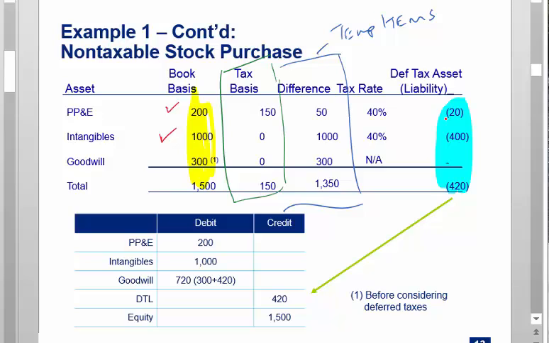Because if you sold all these assets for cash, there's going to be a big tax gain, but no book gain. So we need to anticipate that and book our deferred tax liabilities as part of the acquisition. Okay. So looked at another way, you're probably thinking, well, what if I don't sell my assets for cash?